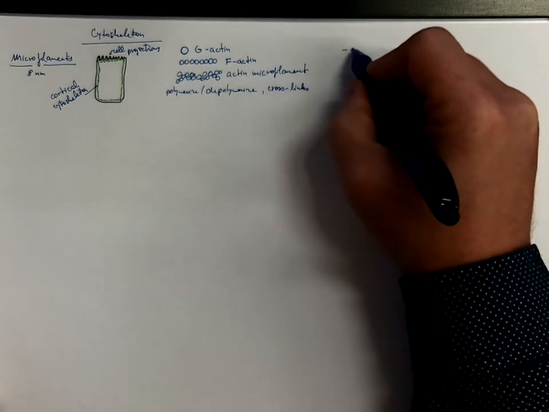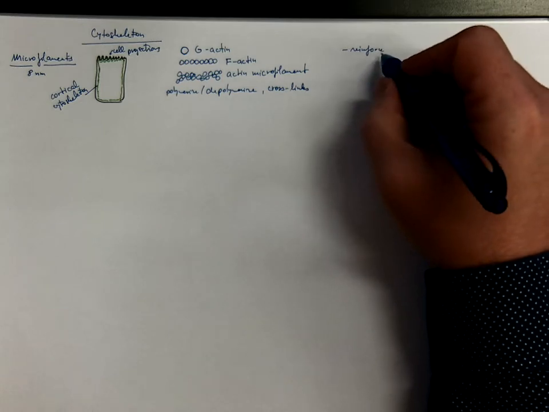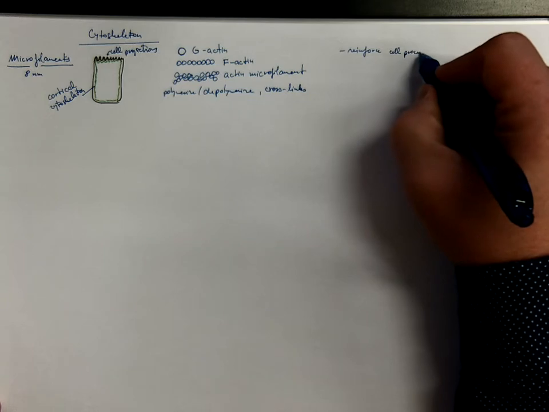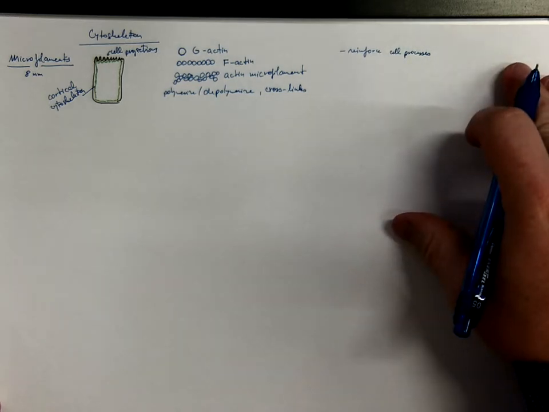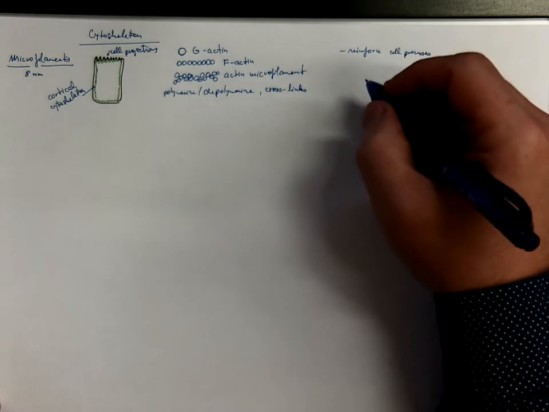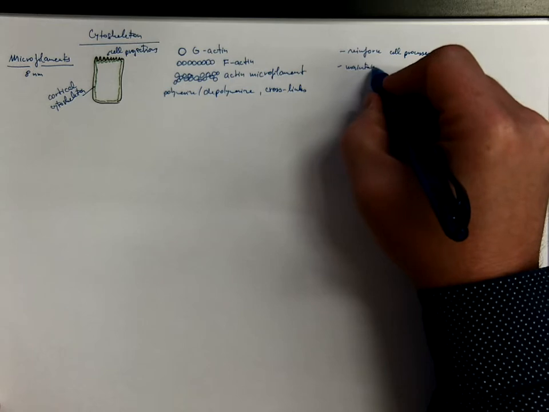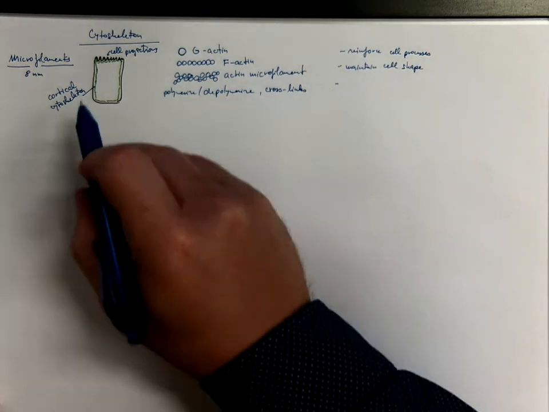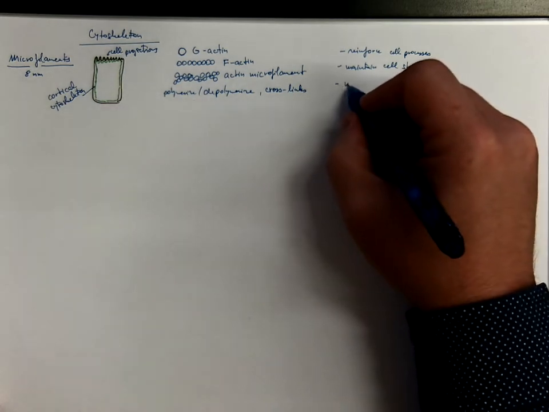So they reinforce cell processes such as microvilli or stereocilia. They also maintain the cell shape, and they have an important function in mechanotransduction,